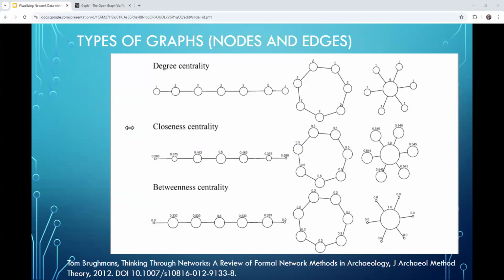As you can see, it begins to get a little complicated. The last one is betweenness centrality. That is the proportion of all shortest paths between pairs of other vertices that include this vertex. So here you go. You have three same structures, and yet they generate different numbers, different results. So to put it another way,